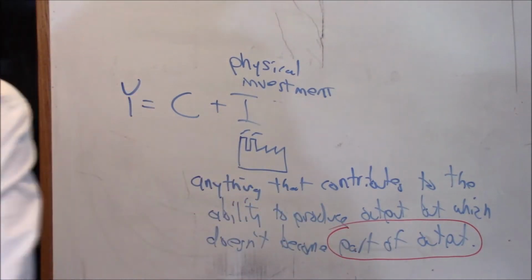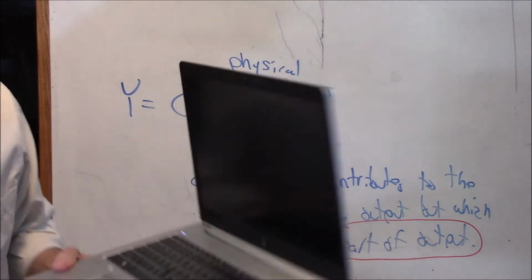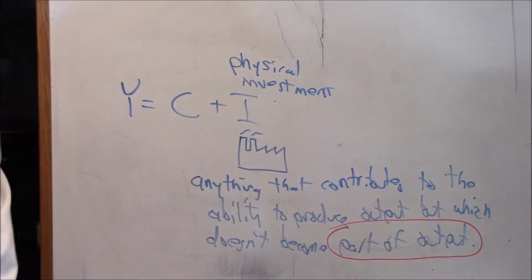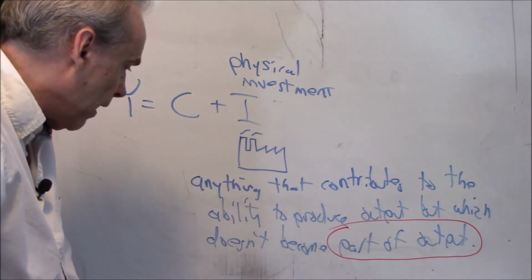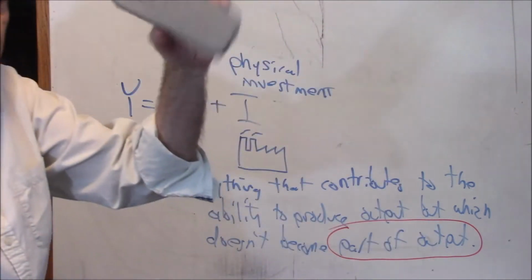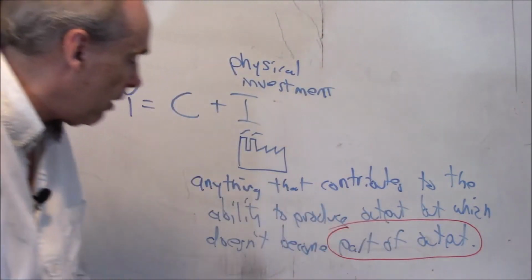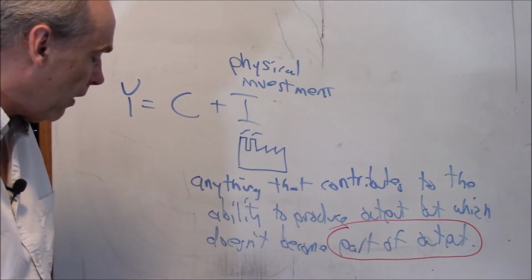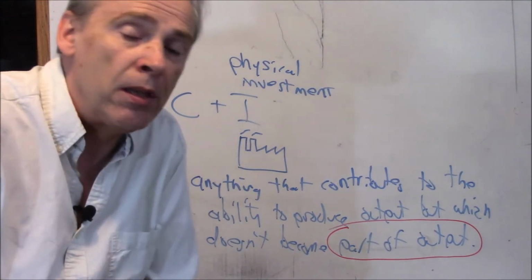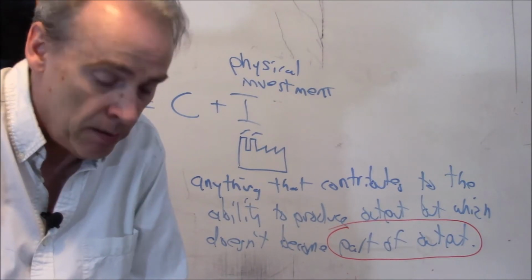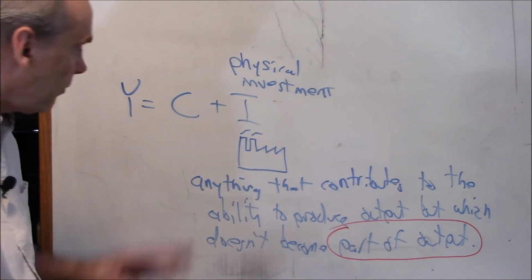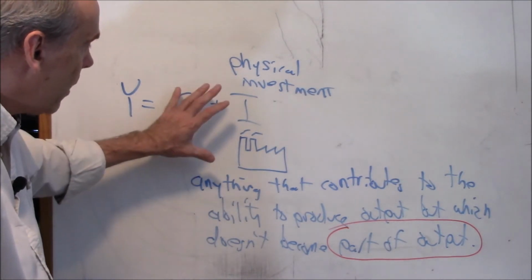All right, so TCU purchased this for me to use, because it is necessary in order to do my job. What else we got in here? The eraser. TCU bought that, and it doesn't become part of the output. On the other hand, the paper that they print your diploma on, that's not investment spending because you take that with you, all right? You get to keep that. All right, so that's what investment spending is.